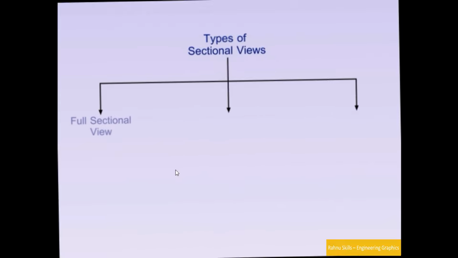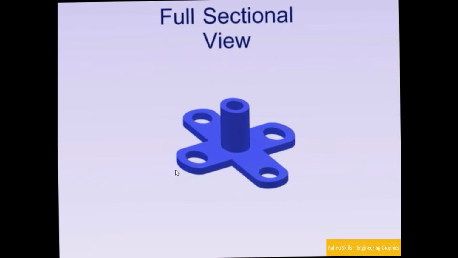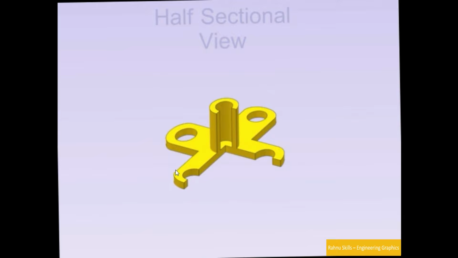Now as per the type of sectioning, we have three: full sectioning, half sectioning and offset sectioning. Some other types are also there, but we will discuss these only. Full sectioning means when we cut the object fully with a horizontal, vertical or inclined section plane, but we are using one plane without any bend and we are removing 50%. Now half sectioning means we are cutting the object with a 90-degree bend section plane and we are removing 25% of the object, like this you can see.